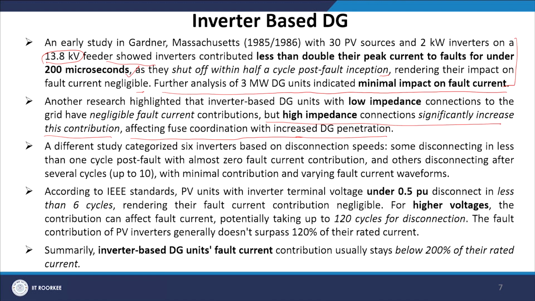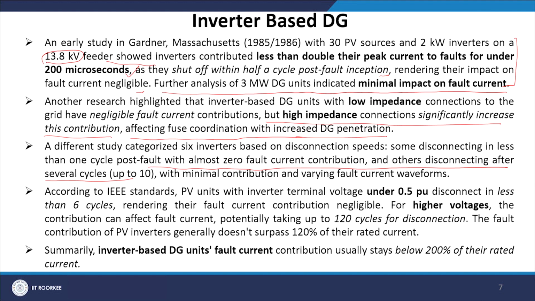A different study categorized 6 inverters based on disconnection speeds, some disconnecting in less than one cycle post fault with almost zero fault current contribution, and others disconnecting after several cycles, up to 10, with minimal contribution and varying fault